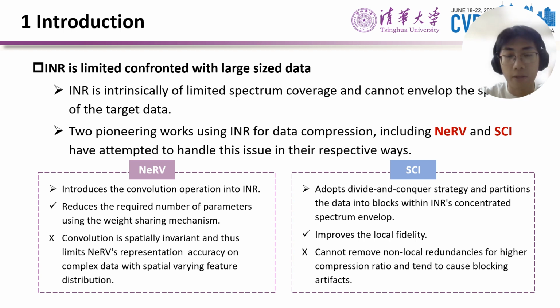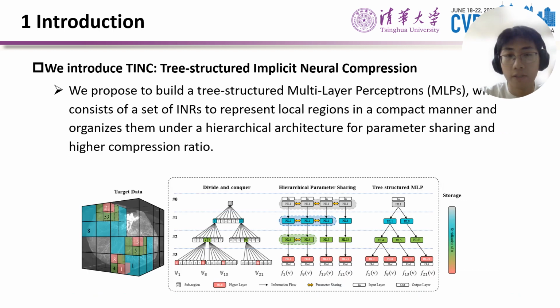On the other hand, ICI adopts a divide and conquer strategy and partitions the data into blocks within INR's concentrated spectrum envelope. ICI improves the local fidelity, but it cannot remove non-local redundancies for higher compression ratio and tends to cause blocking artifacts. In this paper, we introduce TINC, Tree-Structured Implicit Neural Compression,